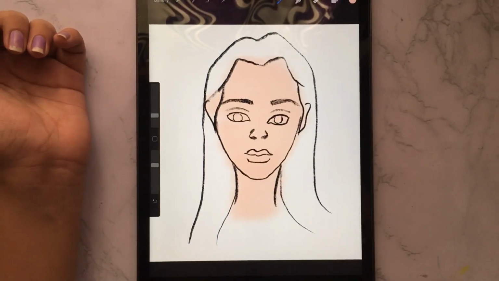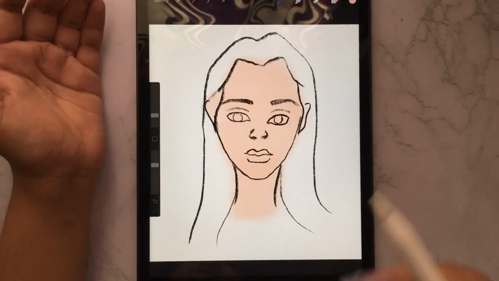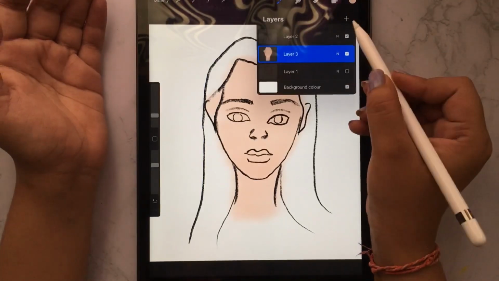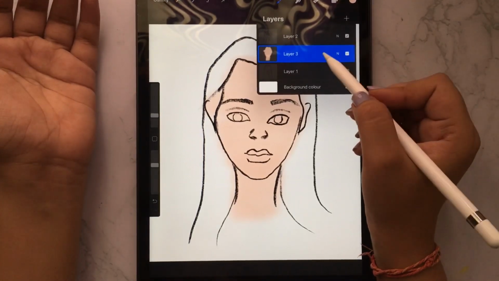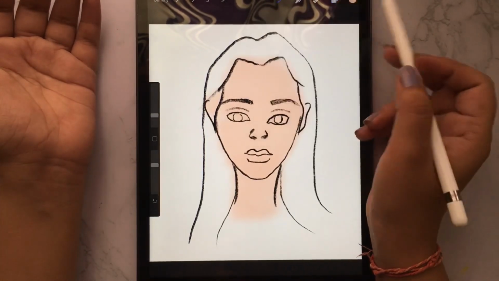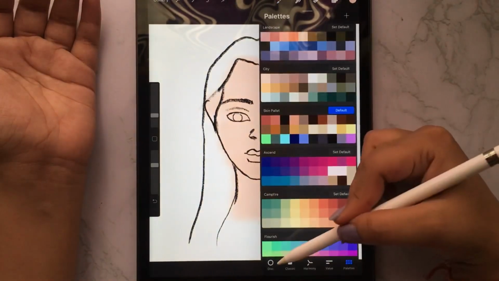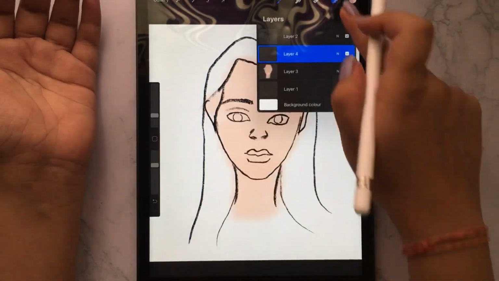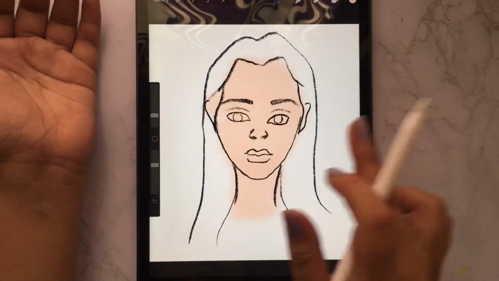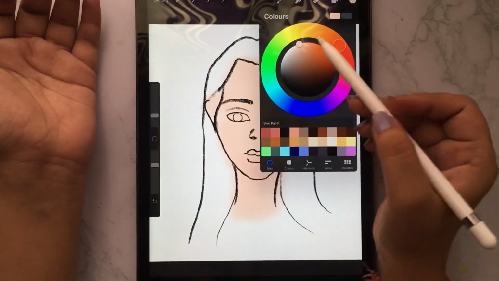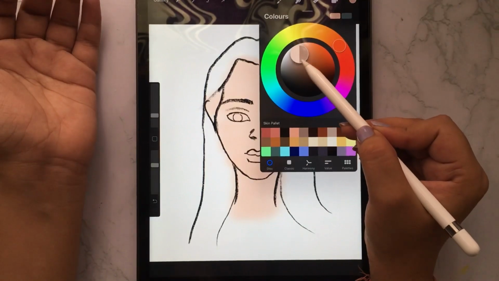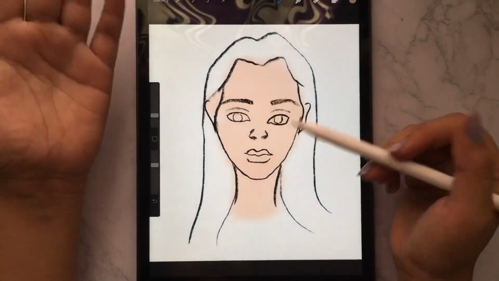Now it's time to do the highlights and the shadows. So you have to select a new layer. I am selecting it above the third layer. So you have to grab this color. What I do is I grab this color and go to the disk and select the darker shade from this.